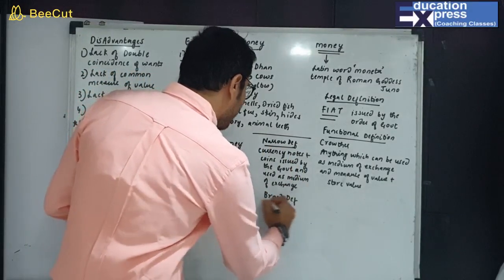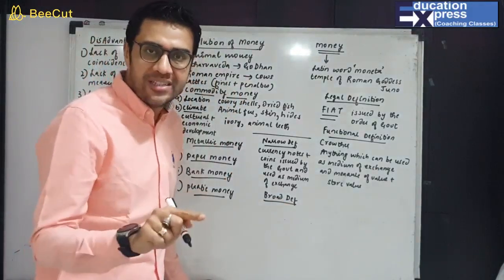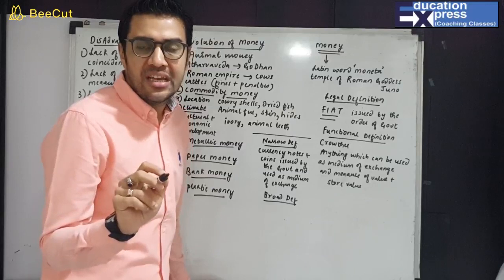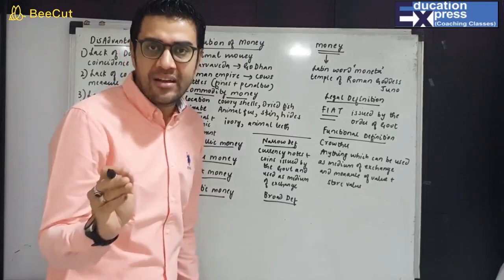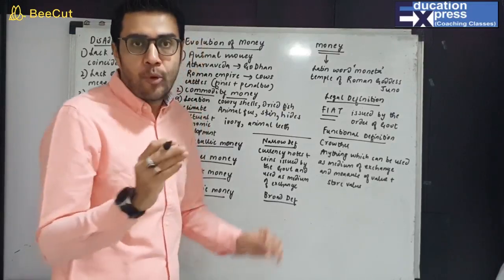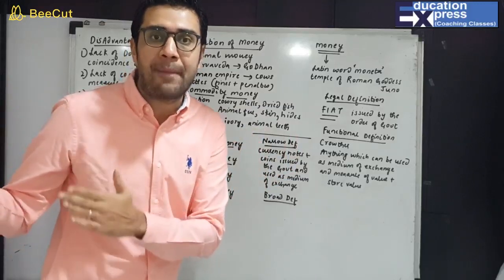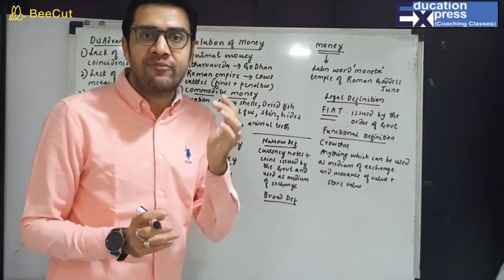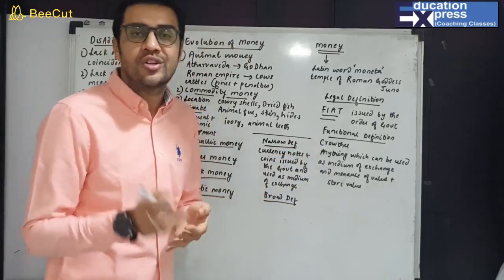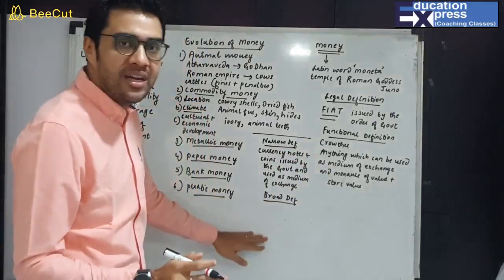And what is the broad definition of money? The broad definition says currency notes plus coins which are issued by the government, plus the deposits with the bank of the public and also the post office deposits. We keep deposits in the post office too, and plus demand deposits. Demand deposits means deposits which are kept in the bank. Why do they call them demand deposits? Because they can be withdrawn anytime on demand. It's your money, whenever you want, you can withdraw it from the bank. So post office deposits and also demand deposits come under the broad definition.